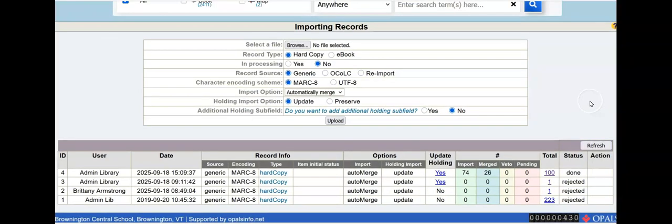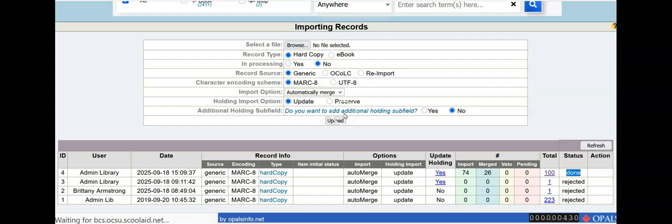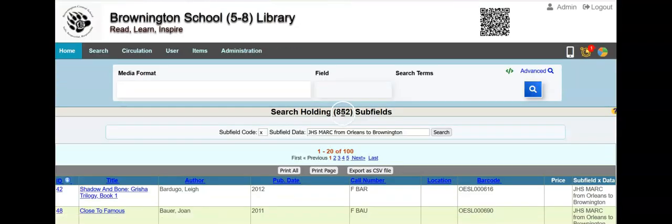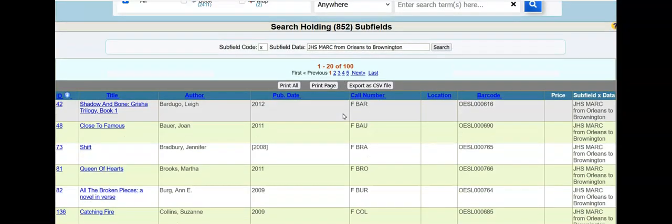Okay, Brittany, our file is done, and we can see that it's done here. 100 records, 74 merged, 26 new. Now this update holding, what this means is there were the same books in Brownington that we exported from Orleans. So these will be additional copies. So I'm going to click yes. And we have to go through a few. Let's see how many. Okay. So some of these,